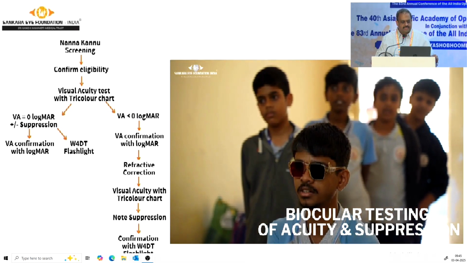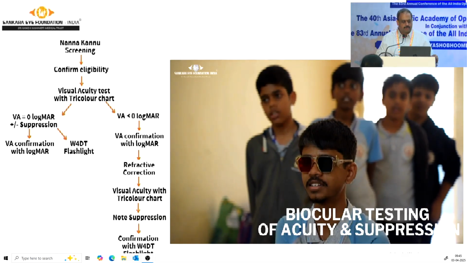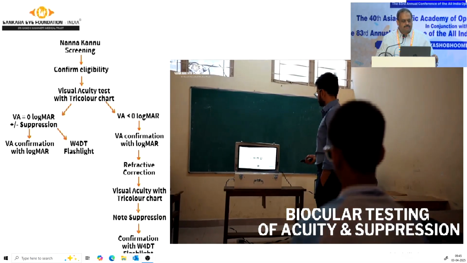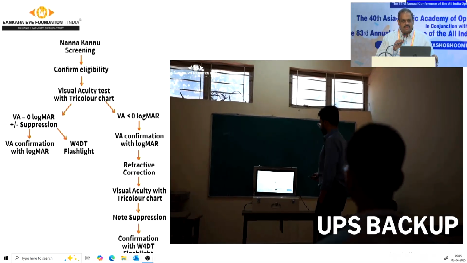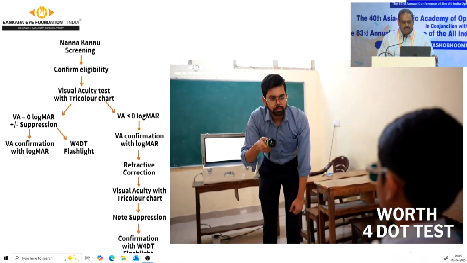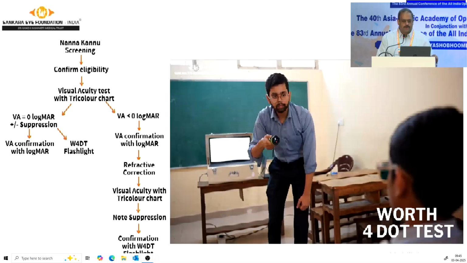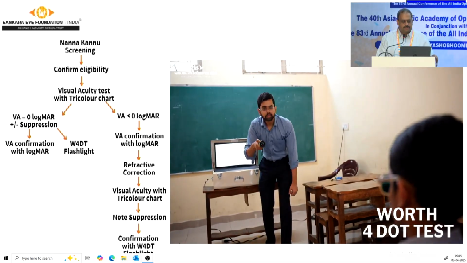We validated this in a school screening program in a population of about 1,000 children, where we looked at the logMAR visual acuity, we confirmed it, and once we looked at suppression that we recorded, we also confirmed it using a Worth 4 dot test. So based on the distance of the Worth 4 dot test, the size of the suppression scotoma could be recorded,